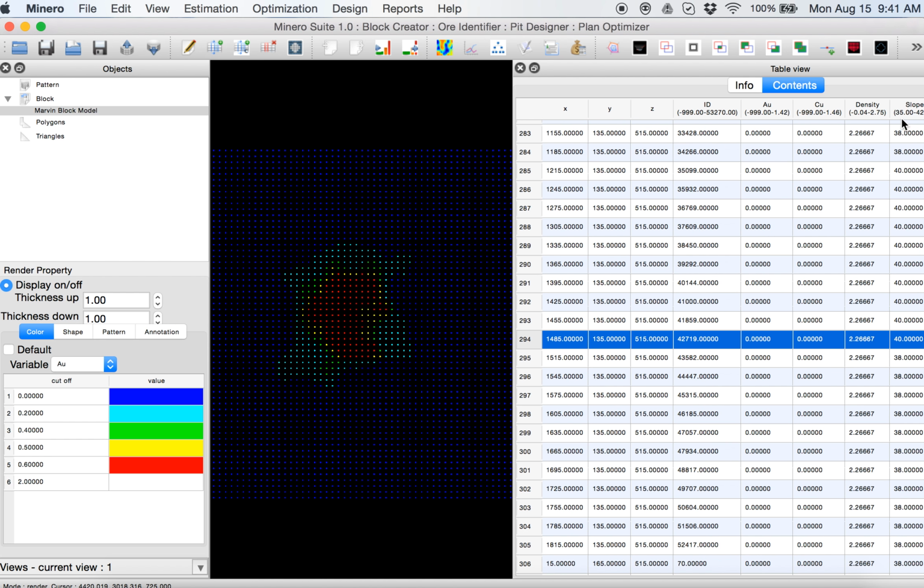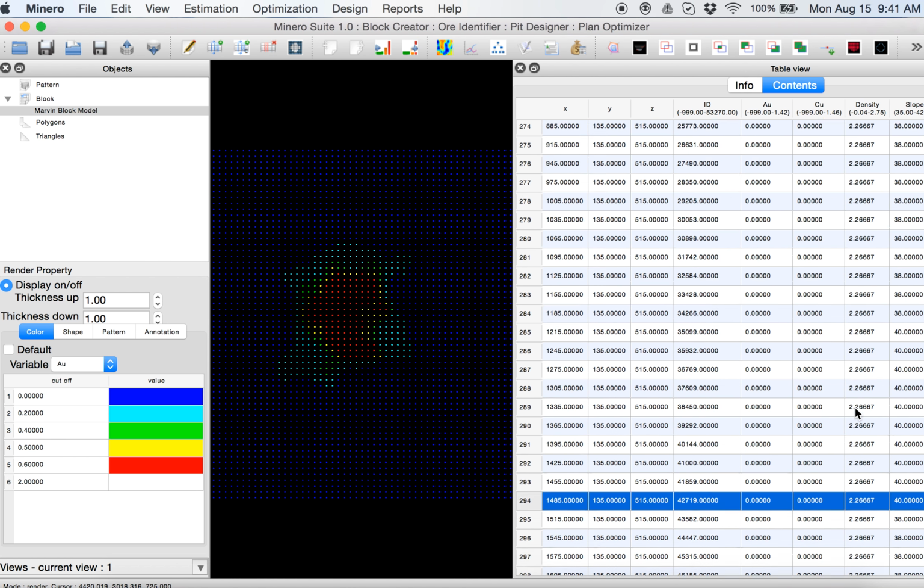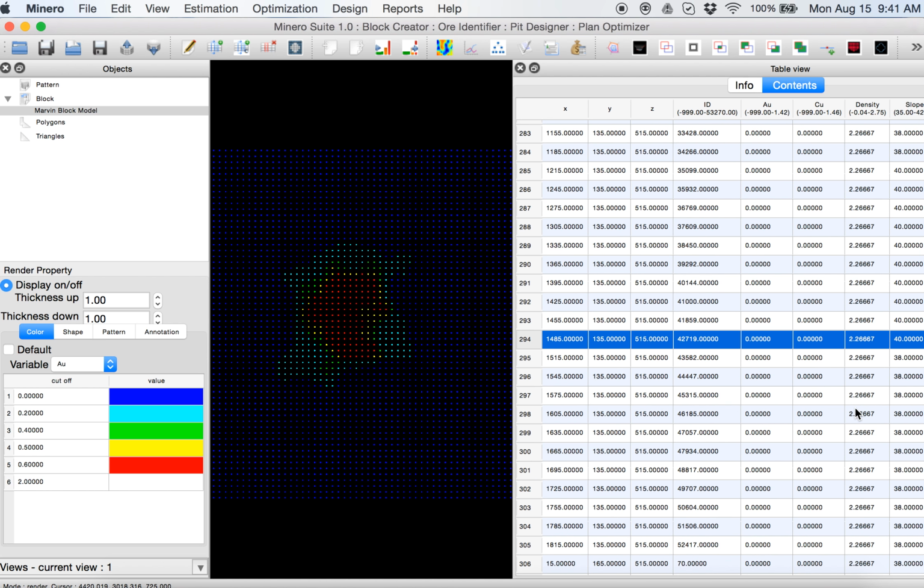For instance, in variable slope, minimum slope angle is 35 degrees and maximum slope angle is 42 degrees. We're going to use the compute value application.